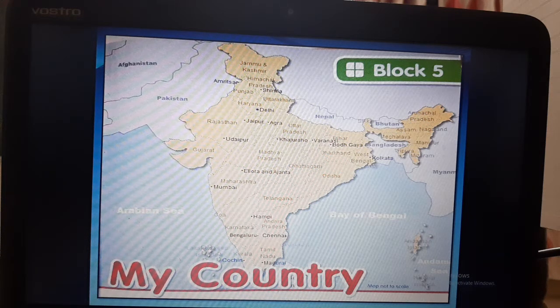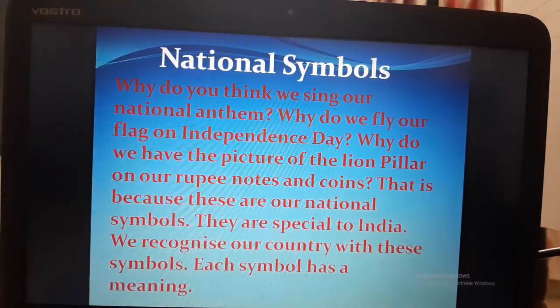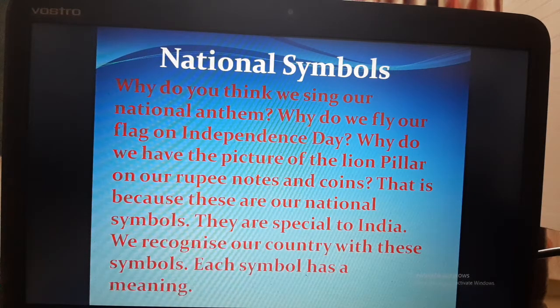So today we are going to learn about the national symbols. We recognize our country with the help of these symbols, called national symbols.